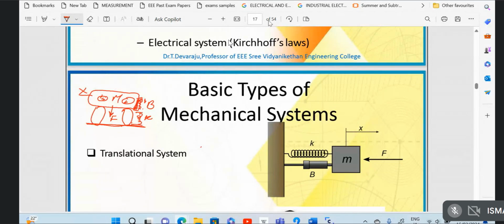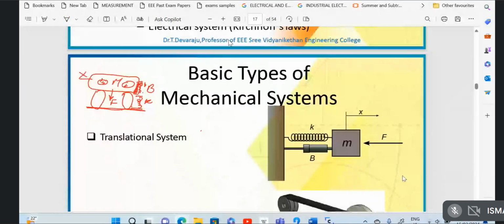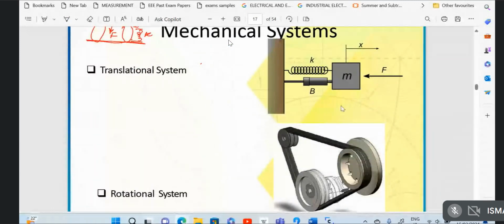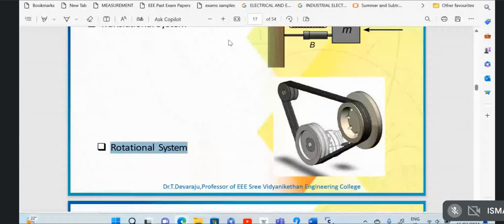So that is the mechanical system we look at: the K, the B, and X and F. It is moving in a straight line, the translational system. But if it is rotating, the rotating parts of the mechanical system, like the wheels,